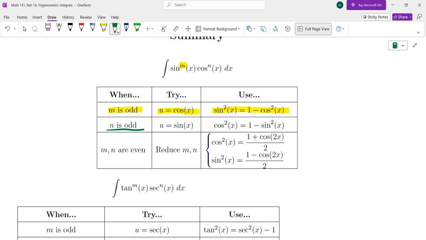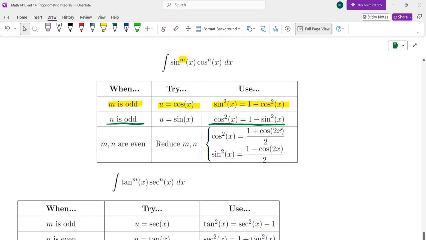So you take u equals sine if n is odd. One of the cosines is going to be used as du. The rest of them are going to be turned into sine. We write down cosine squared as 1 minus sine squared. If both of those two exponents are even, then we are going to use half angle formulas to reduce the